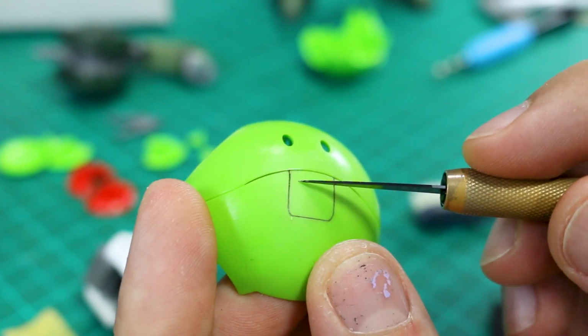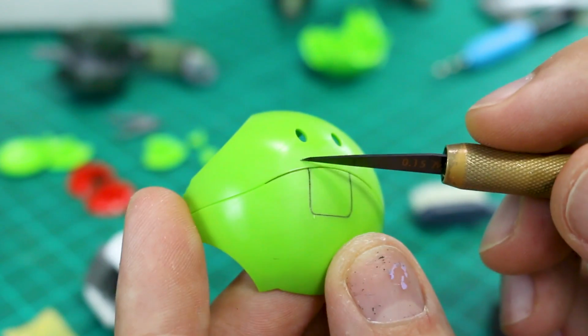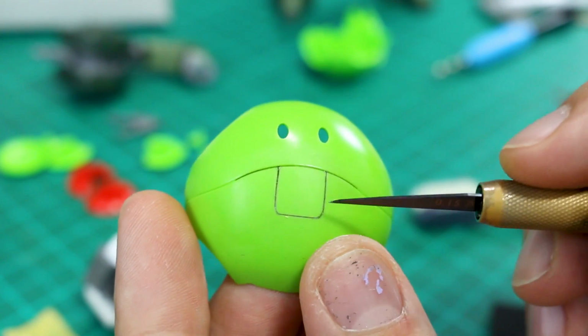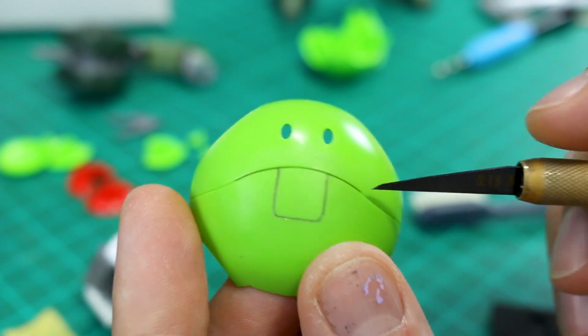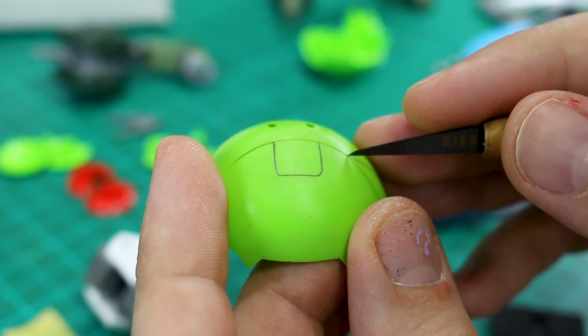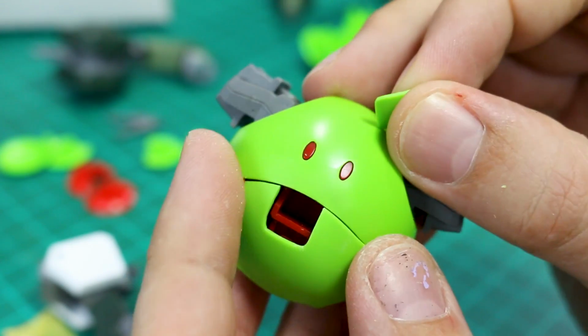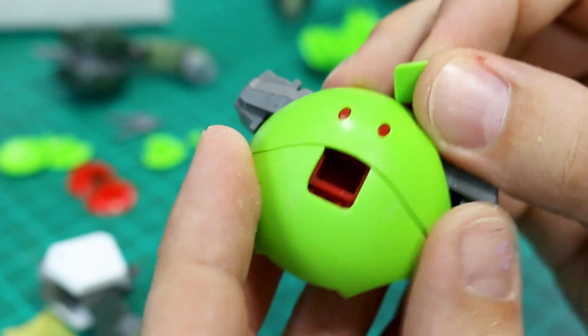Now again, I'm not sure if I'm going to end up using the saw for this. Might be easier because it's a straight line. I can just saw straight down there, and then maybe just cut this bottom part. But I need to separate this into 1, 2, 3 pieces. So I get to work on doing that. Just going to scribe this until we're all the way through. Alright, it took a while, but I finally got that separated, so the top and bottom half are separated like that,